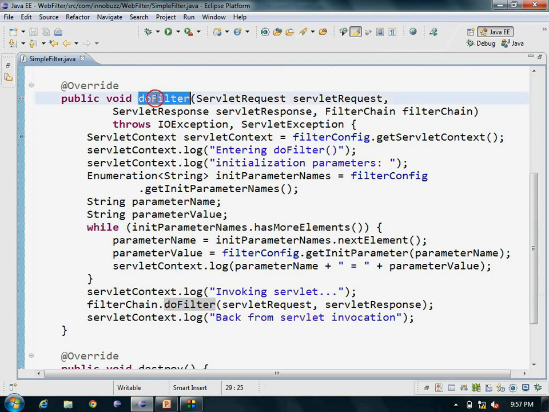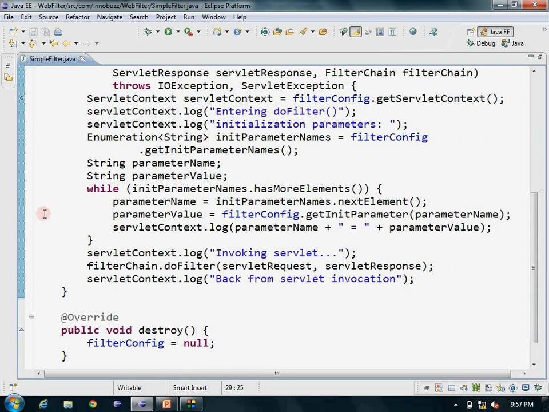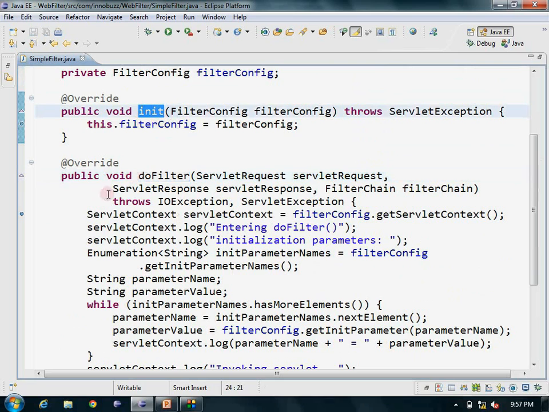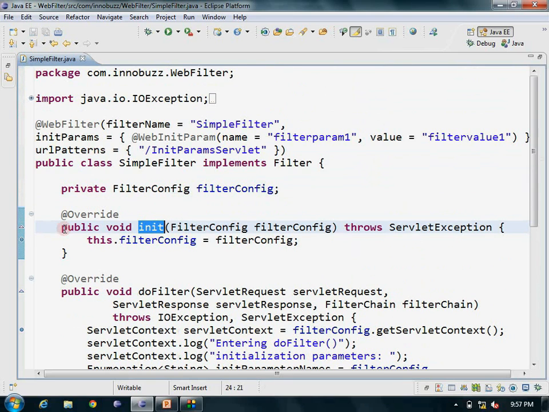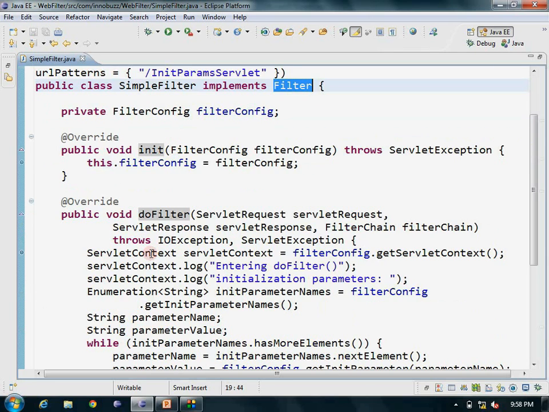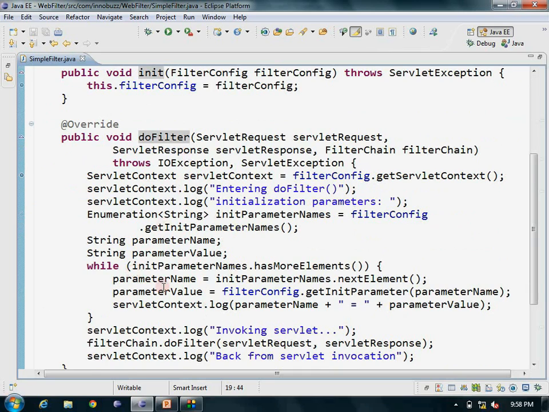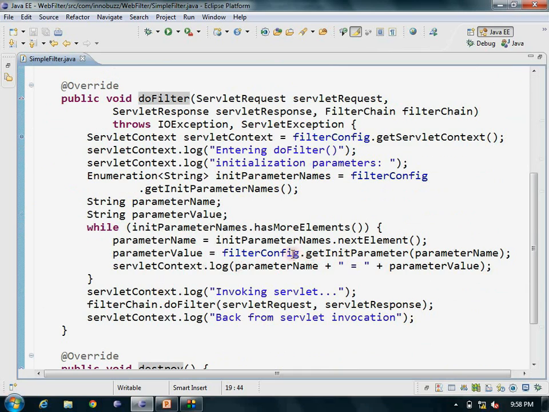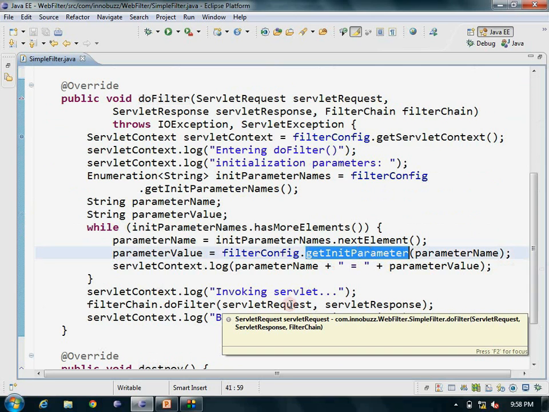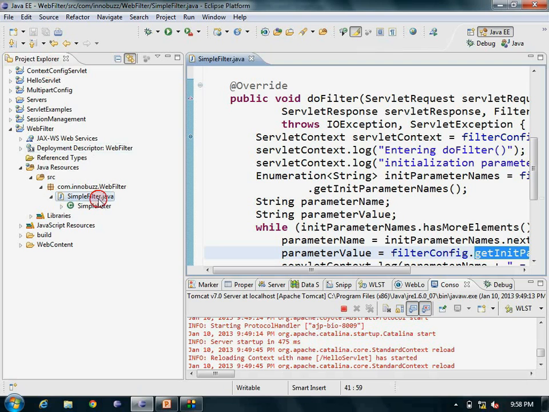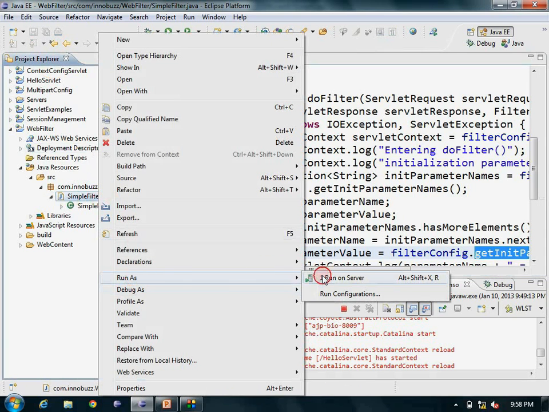So if you see the methods in the filter class, we have doFilter, destroy, and init. These are all the lifecycle methods of the Filter interface, which come when implemented by your user defined class. So as I said, when we use @WebFilter as a web annotation, we should always implement the Filter interface, which will get all these lifecycle methods. Within doFilter we have logged some statements and got the filter parameters using the FilterConfig object and getInitParameters. So when we execute with run as server,